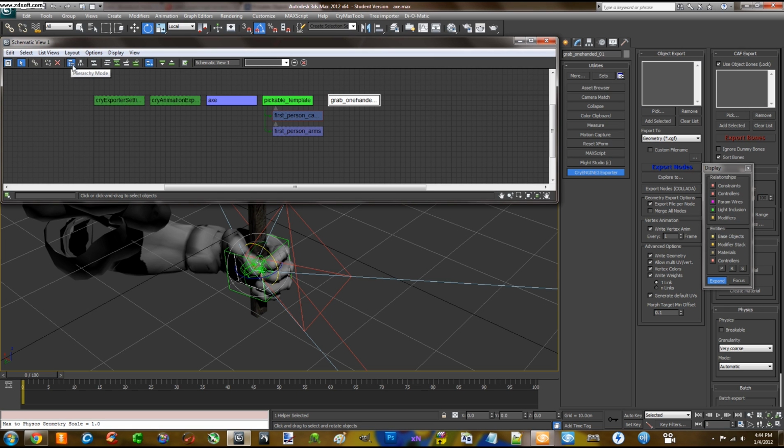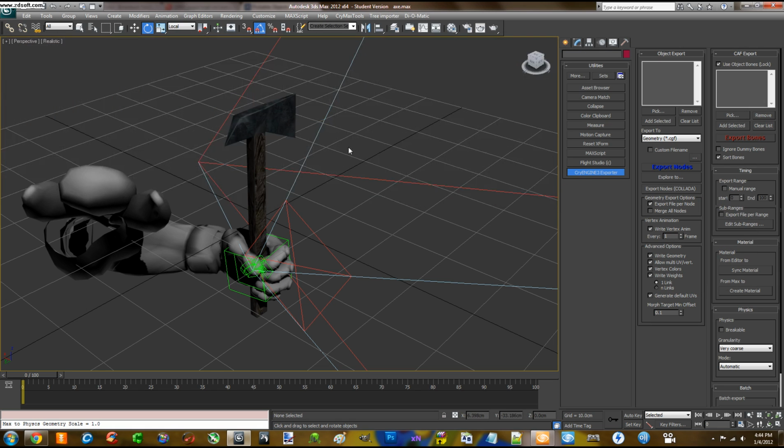Make sure you're in the hierarchy mode, link, and then link the grab one helper to the axe. There you go. Once you've done that, make sure your axe is selected, just the axe. You don't need anything else selected, and go ahead and add selected on the export Cryengine 3 settings, and then make sure export file per node is on. That needs to be on. Merge all nodes are off, and then go ahead and